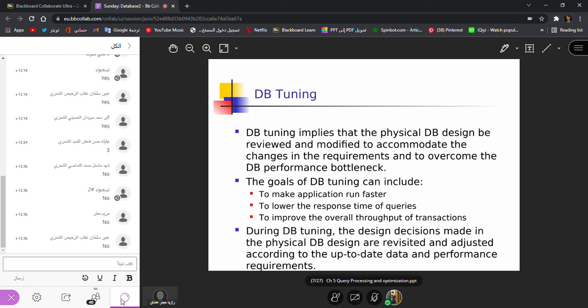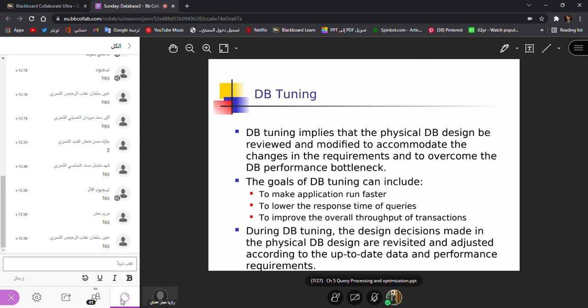After the use, whatever statistics come, you will get to know the actual requirements. So there may be a need for a change in your physical database design. So change that, and if there are any problems, fix them. That is known as database tuning.